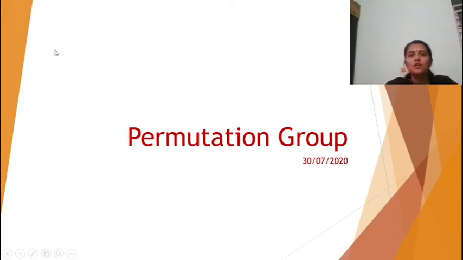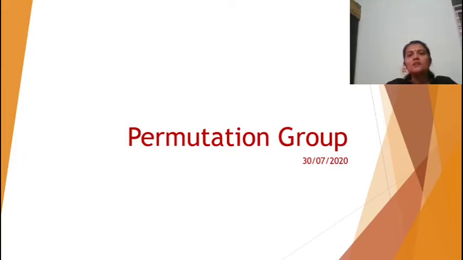Good morning all. Last day we discussed permutations. A permutation is a rearrangement of a set: given a set A, we are rearranging the elements in A. Its formal definition is a function from A to A such that the function is 1-1 and onto. We also discussed the identity permutation, the inverse permutation and the product of permutations.